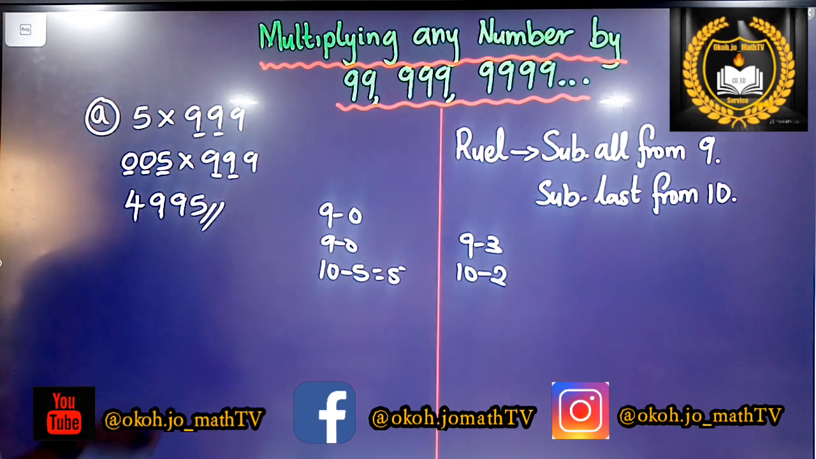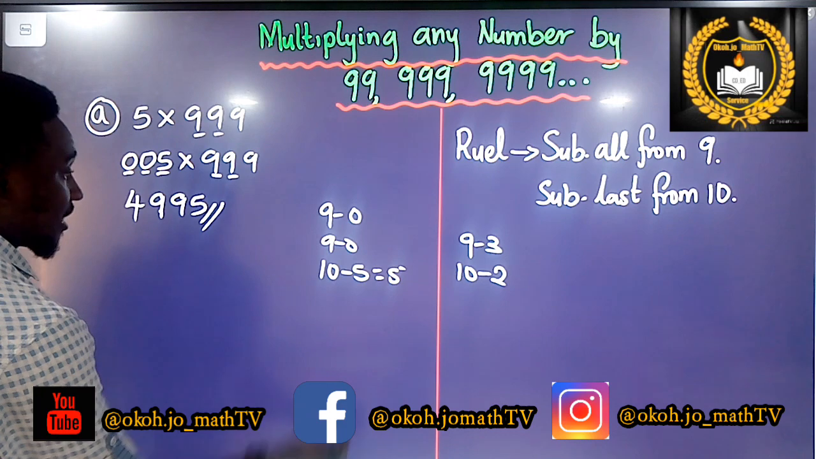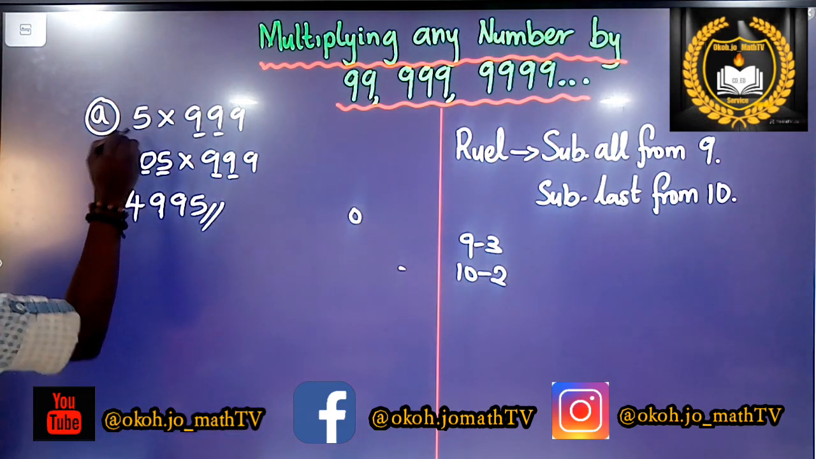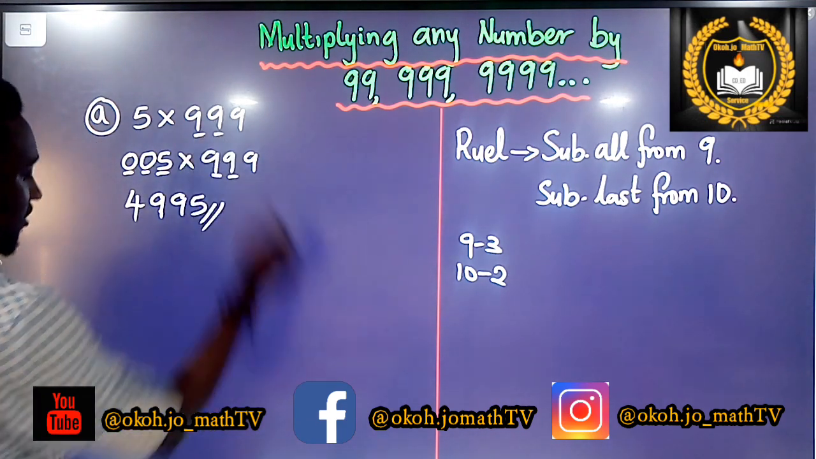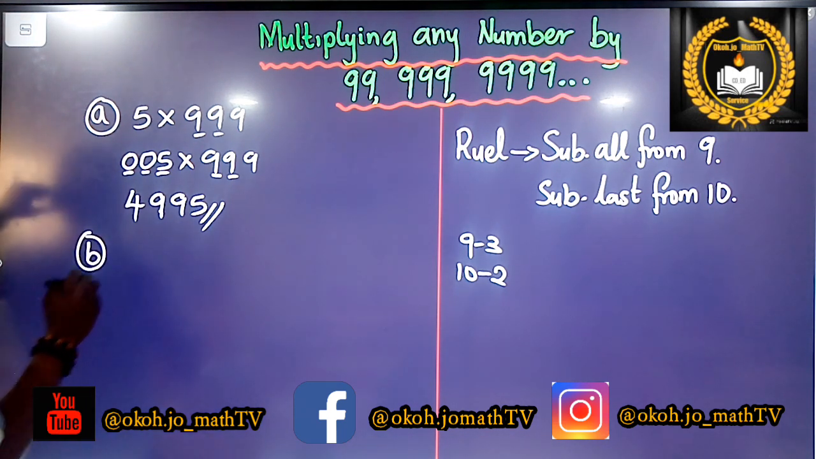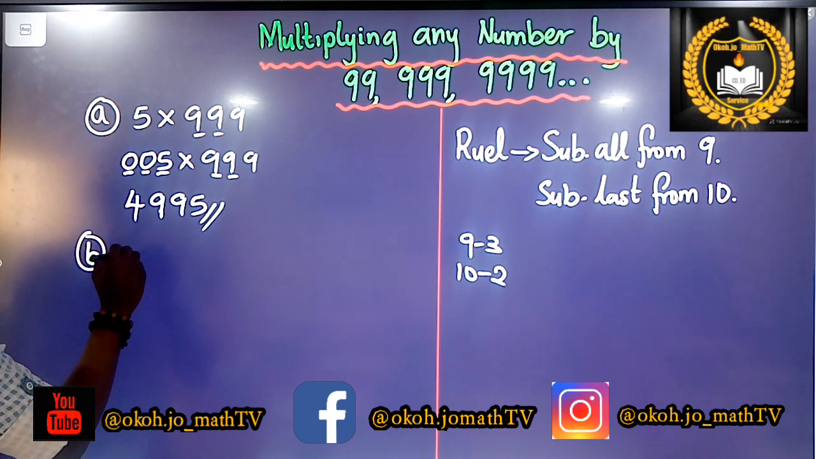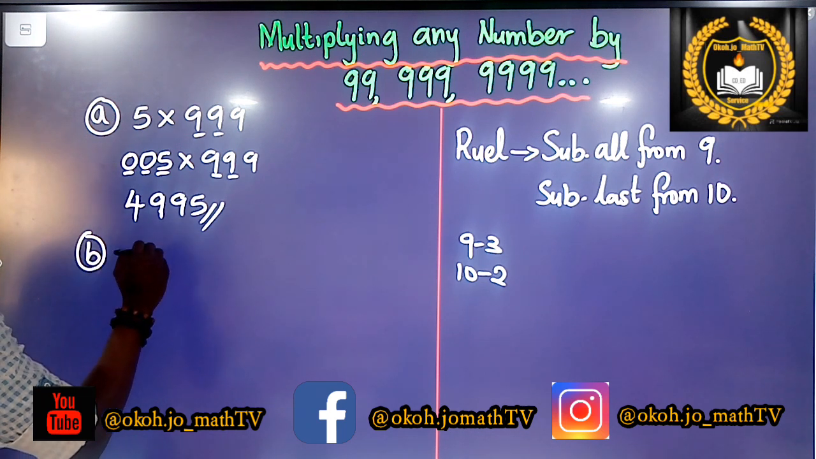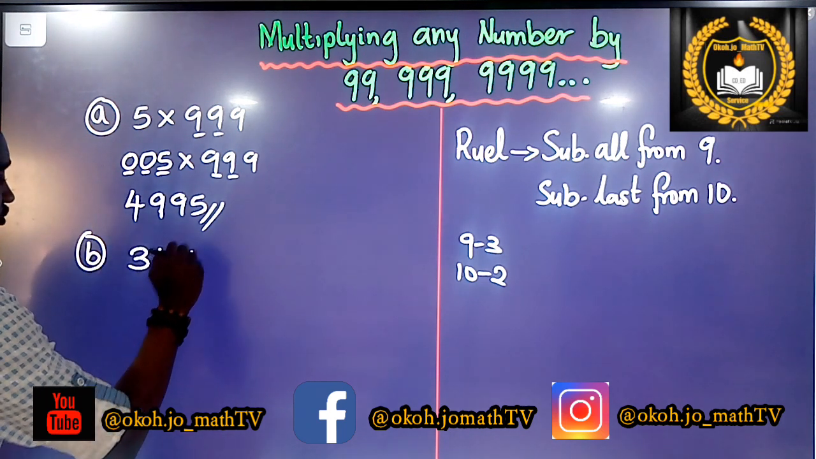Is that okay? So let me progress to a bigger number, because this is 1 digit against a 3 digit number. Let's go to B and C. Is that okay? Let me increase it to something, say 34 times